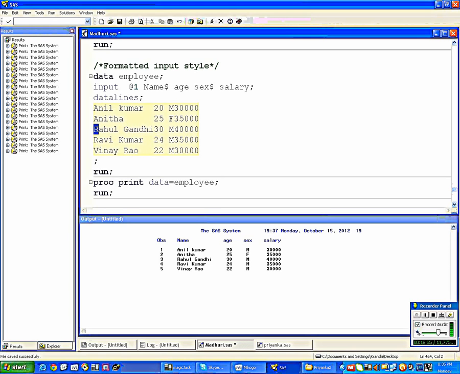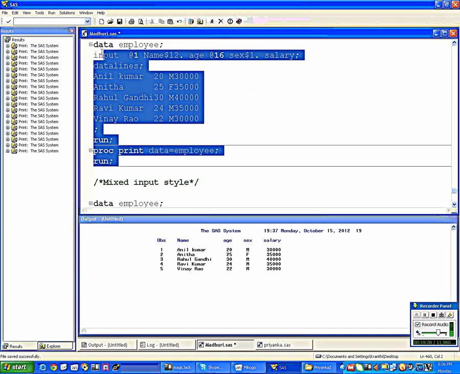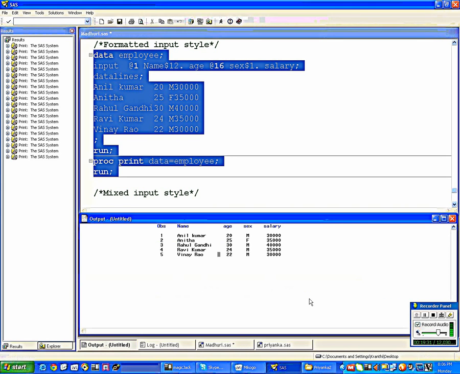It started at first column. And what is the length for this Rahul Gandhi? You have to count. Rahul 5, space 6, and then 6, 12. So 12 dots. It is nothing but 1 to 12. Starting at 1 and up to the 12, it is for name. Then the remaining are okay, no problem. It will take automatically. But the text here, there is no space, right? So you can write where it is in 16th column. So at 16th column, the text. How many columns? It is only 1. So 1 dot is the length. Submit it. Now see, you got the correct output.